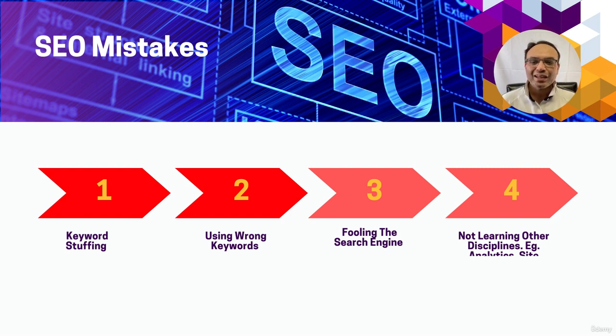The number one, the biggest mistake that people could make here is keyword stuffing. Now, we all know the importance of keywords, and while you are doing your keyword research, you will come up with a list of various keywords that are applicable in your industry. You have researched various competitors' websites, you have used various tools, and you come to a conclusion that these are the keywords that these competitors are ranking for. Now, you would like to compete against those competitors for those keywords.